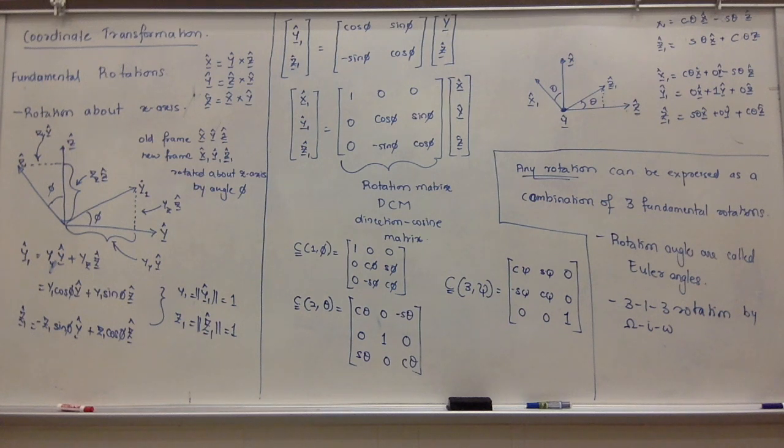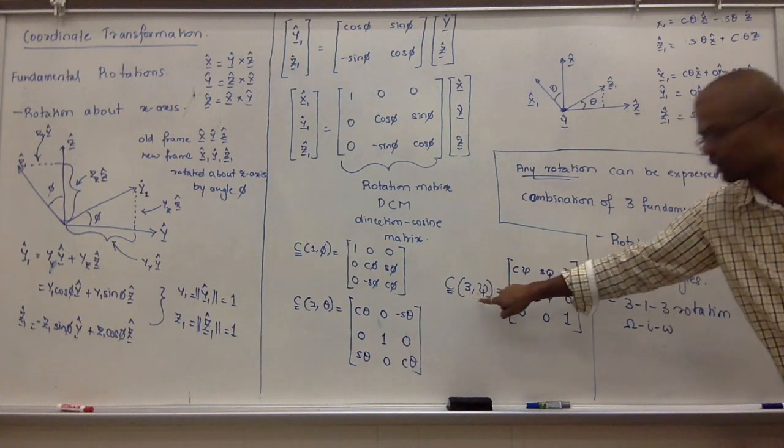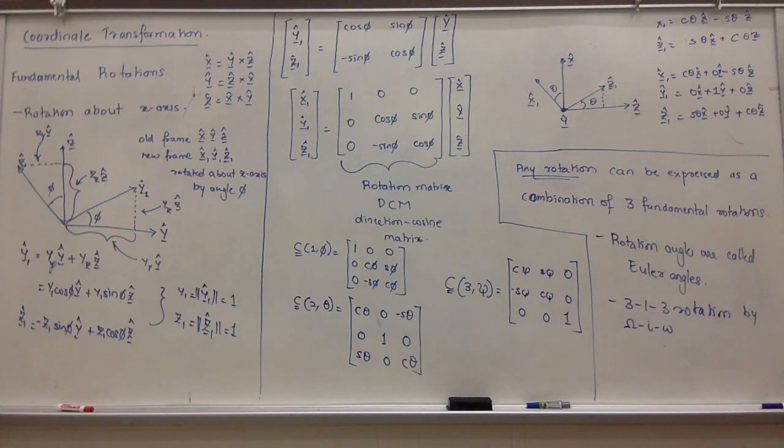X-axis, y-axis, z-axis. If I do a 3 rotation, what does that mean? So this means C3 cap omega. You see it? Right ascension, in the right-handed sense. Right? Then a 1 rotation